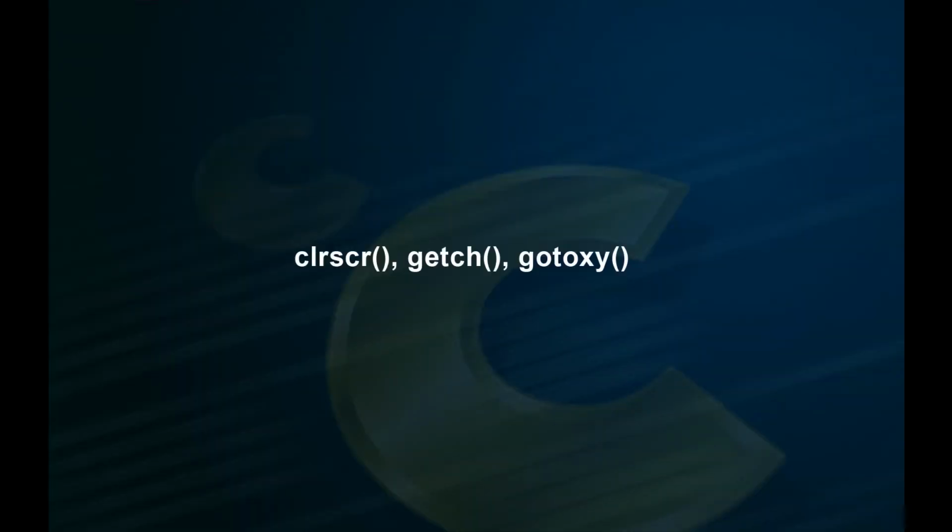In the theory sections we have already discussed the use of conio.h, that is the console input output header file, which is supported by Turbo C compiler. Conio.h supports the built in functions like clrscr, getch, gotoxy, etc. Let us now try to familiarize the use of Turbo C environment with some selected C programs. Remember that if you are using Ubuntu based CC or GCC compiler, you need not explicitly include the conio.h library.